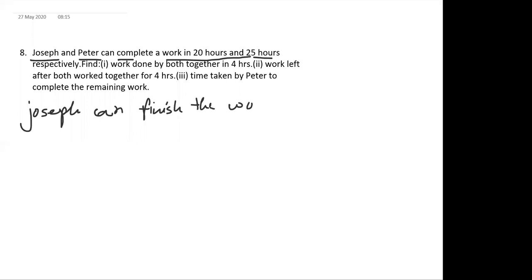So now let us discuss question 8. Joseph and Peter can complete a work in 20 hours and 25 hours respectively. So Joseph can finish the work in 20 hours. On the other hand, so you can say that Joseph's